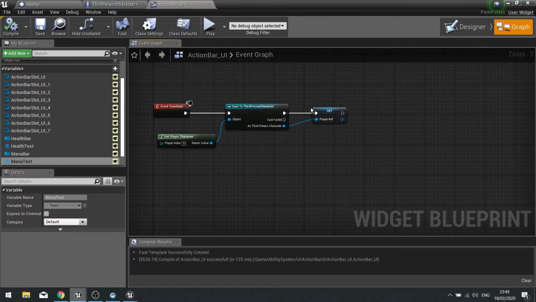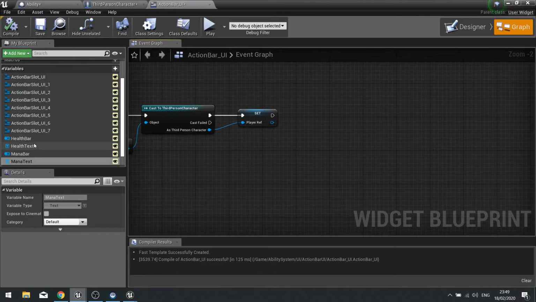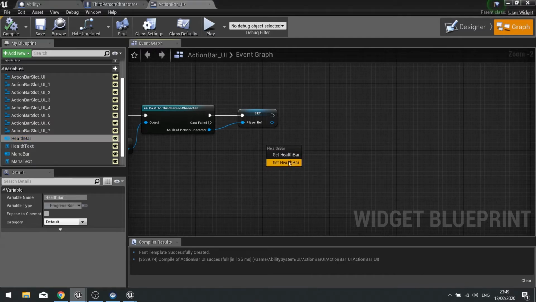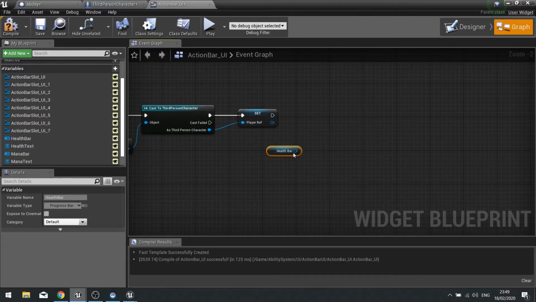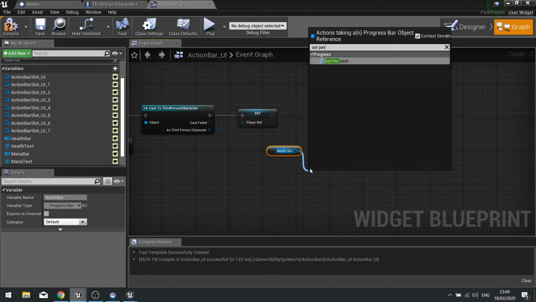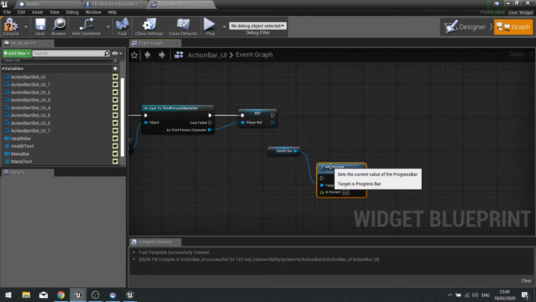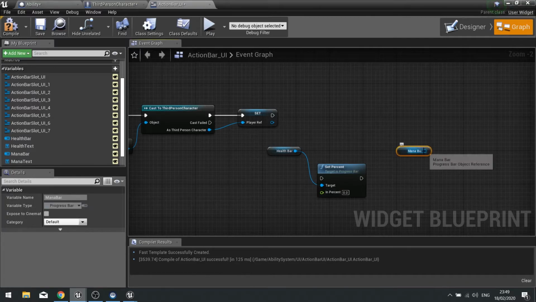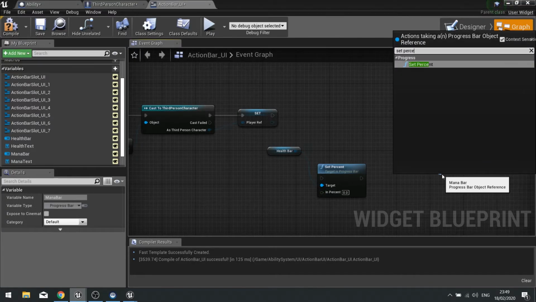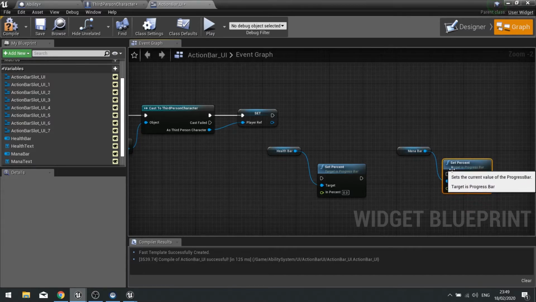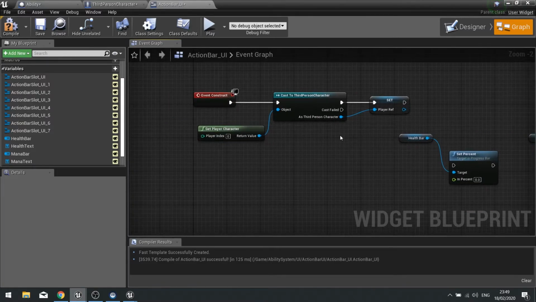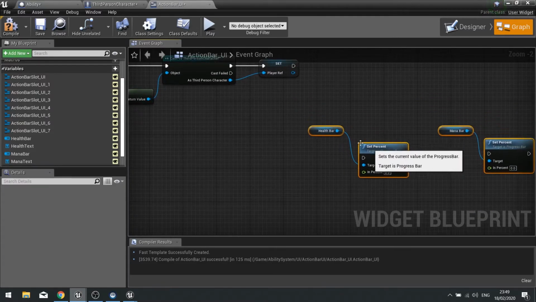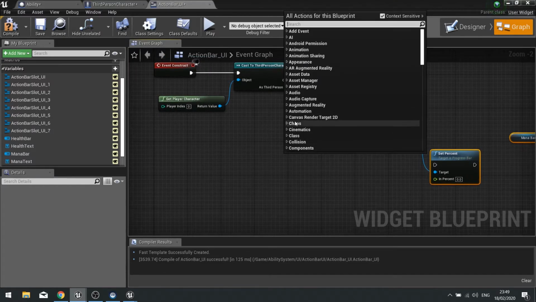Now on the construct, we're going to hook those up to our player reference. So we're going to first of all set the bars up. So the health bar, we're going to get and do set %. And we're going to do mana bar, get and set %. These values are going to come from the player reference. But what I'm going to do is create another event down here.